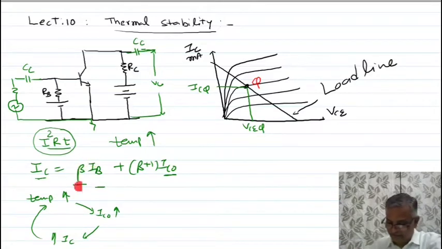It means you are doing it in such a way that base current is controlled automatically, meaning base current decreases. As a result, this first term decreases. As this second term, (beta plus 1) ICO, increases with the temperature, you have done such a modification that base current decreases, so this product decreases, and it tries to compensate the increase in (beta plus 1) ICO. So we have seen the 5 different circuits. I will give the flavor of the 5 circuits one by one, then we'll do some more numericals. See, this is a fixed bias circuit. First we have seen this fixed bias circuit.